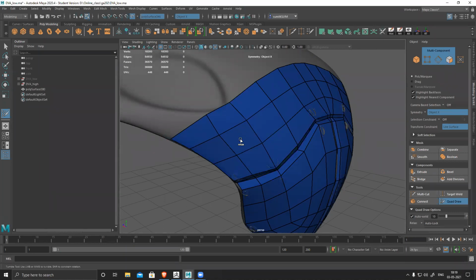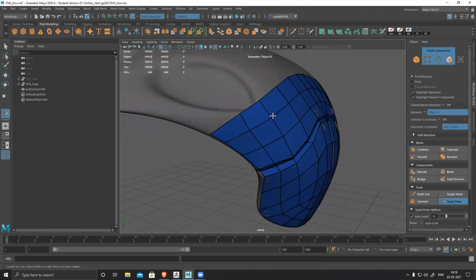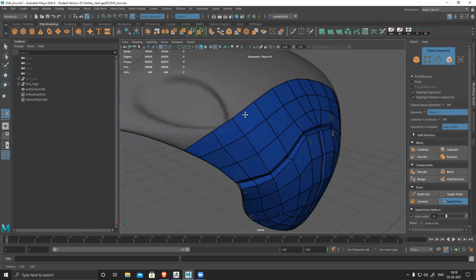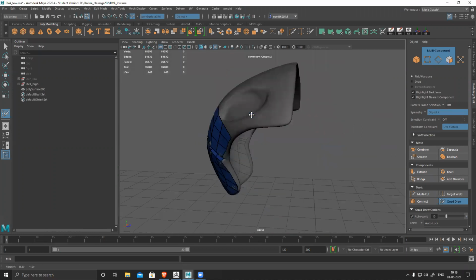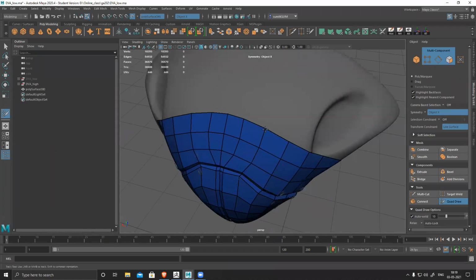You can use face mode, edge mode, or vertex mode. Same as ZModeler, if you hover over, you can switch between edge, face, and vertex. Same manner, I can create this entire thing now.